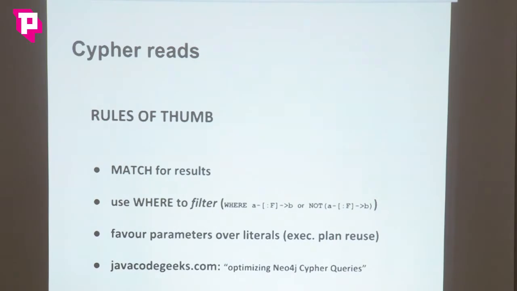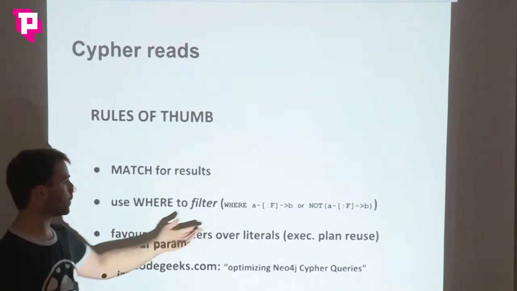One important rule of thumb that you will find in practice: in match, only describe results. Don't describe constraints. If you're interested in contacts, you can define that there must be a relationship, but if you're not interested in the relationship itself, don't describe it in match. In match, do your best to only include what you want to return. So what is in match should be in return, and there shouldn't be too much more.